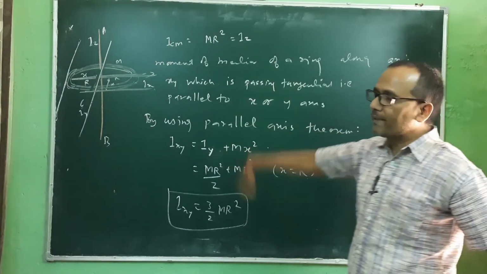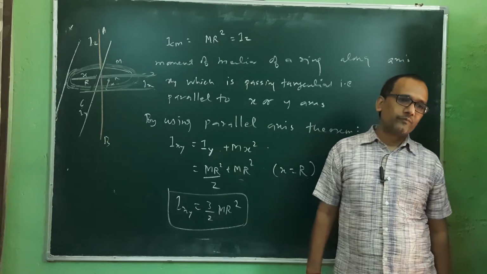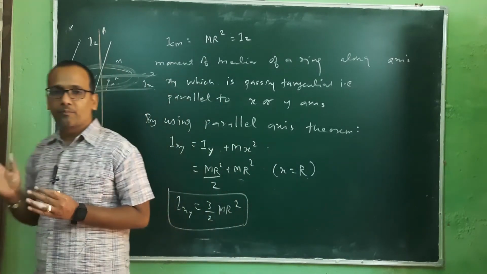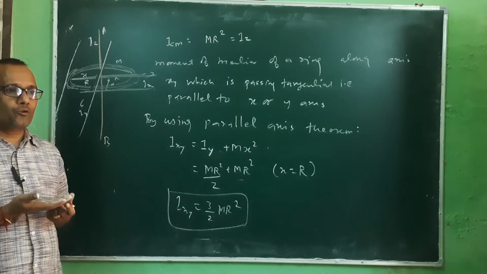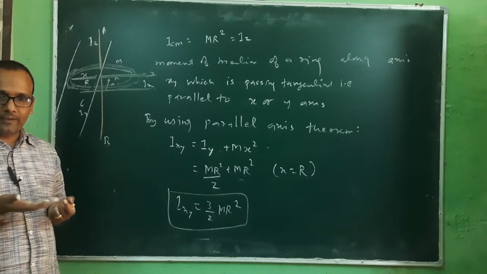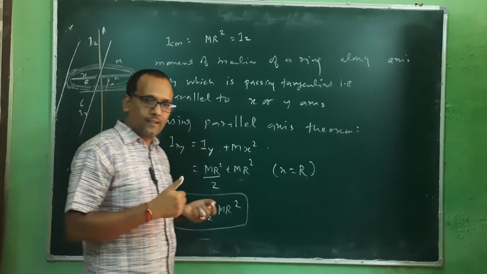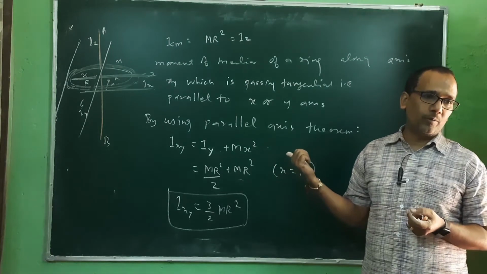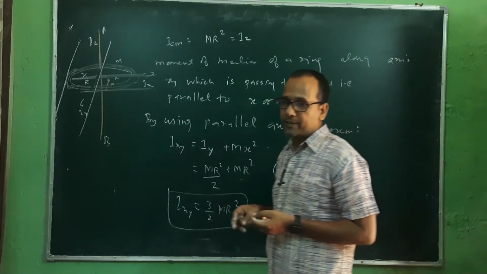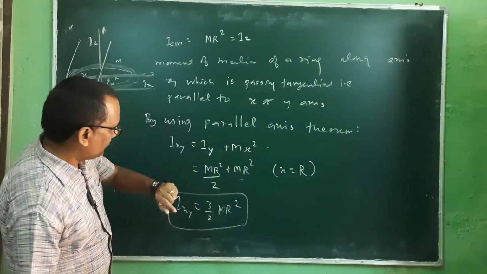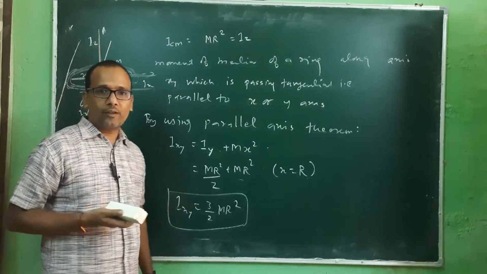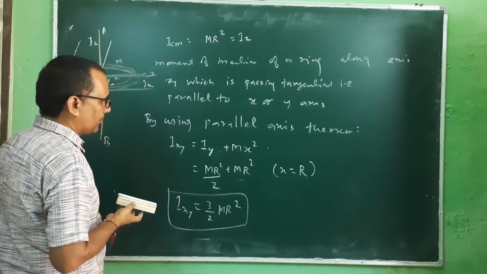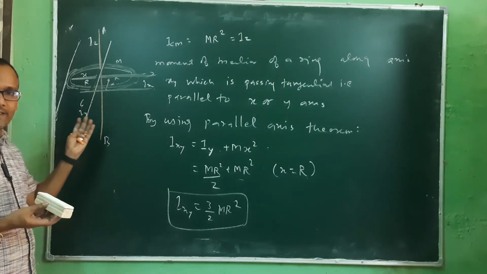Okay, so we can adopt same calculation method for other bodies too. But you have to decide. You have to just look at that particular object. If it is flat, you have to use perpendicular axis theorem. And if the position of that axis is parallel to center of mass or parallel to any axis, then you have to use parallel axis theorem, because parallel axis theorem can be used for each and every type of bodies. So let us have one more example, simple example, that last example, and then you should practice some other problems, other bodies, spherical and that disc type bodies also.